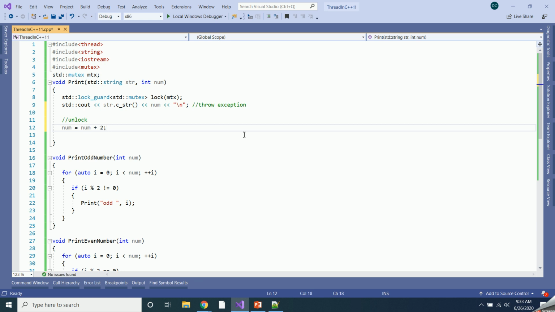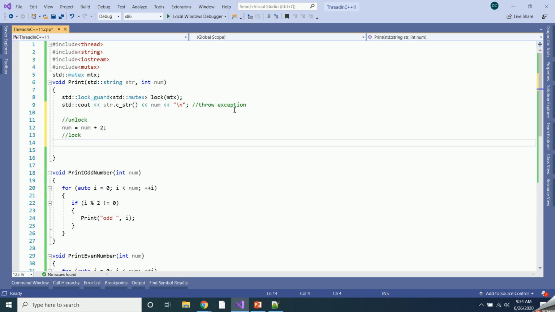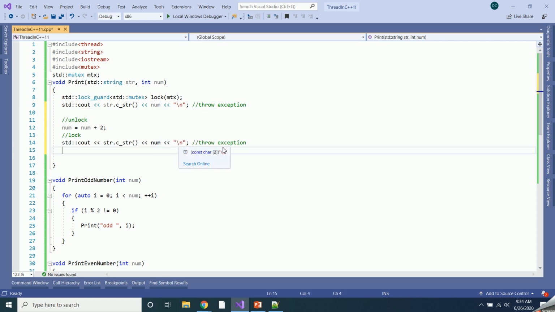And then I want to lock this mutex again, and perform this operation, basically. So I want to print the value again, and then this mutex should get unlocked automatically.